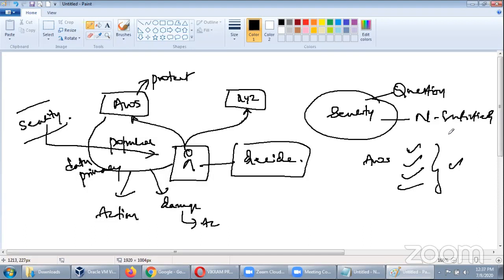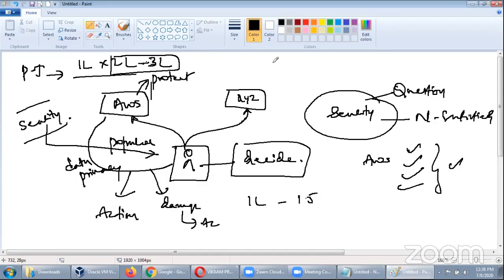Satyanarayana, 3 to 4 years of experience. See, for popular technologies, this is a formula: 1 year into 2 lakh package. Non-popular, 1 lakh to 1.5. This can go up to 3 lakh also, guys. You will not believe some companies also offer 3 lakh, because it is based on demand.